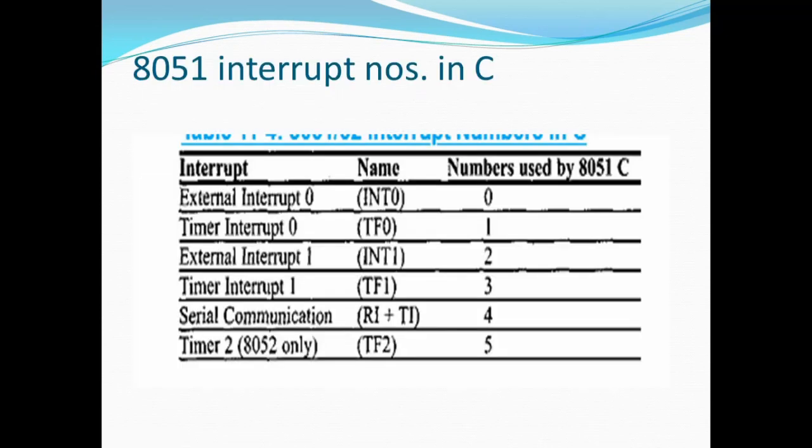That is very important. Now here is the interrupt number in C. Here is a chart given. So here we are dealing with the serial communication interrupt, which is because of RI or TI, and if you can see in the chart, the number given is 4. So whenever you write an interrupt service routine, you always have to mention this number. This is mandatory. The name of the routine you can give anything, but the interrupt number you have to mention correctly. So when we write the program, we have to write the interrupt number as 4.